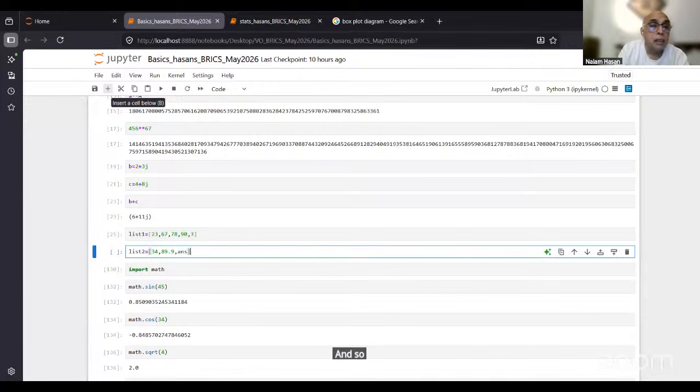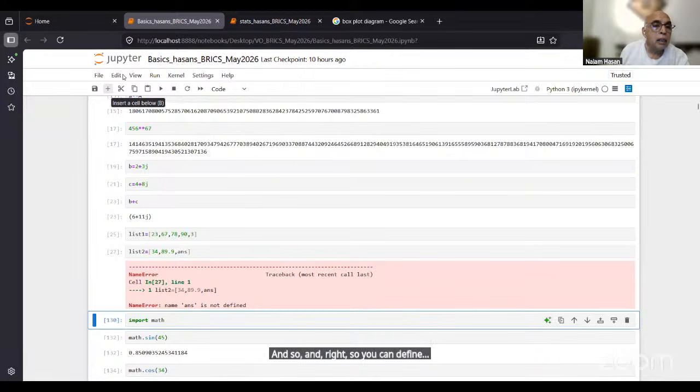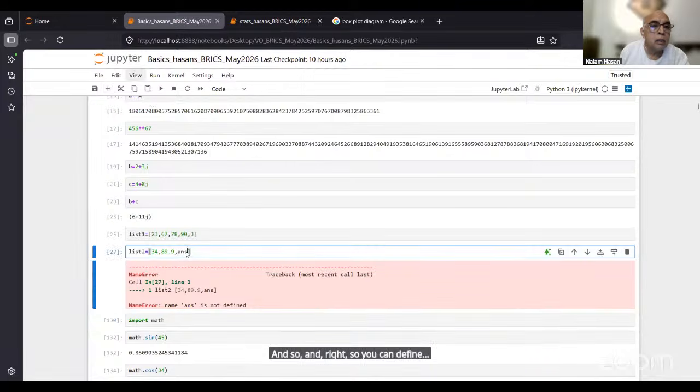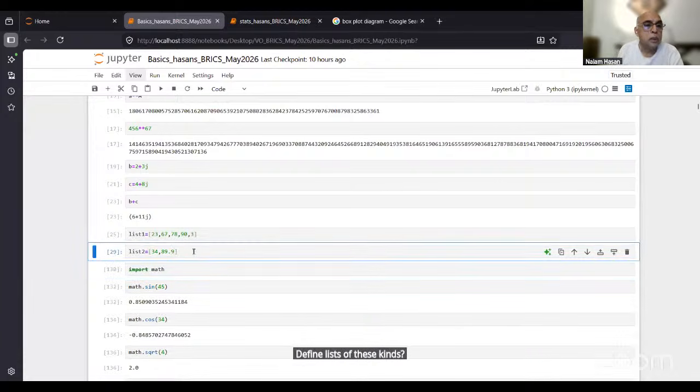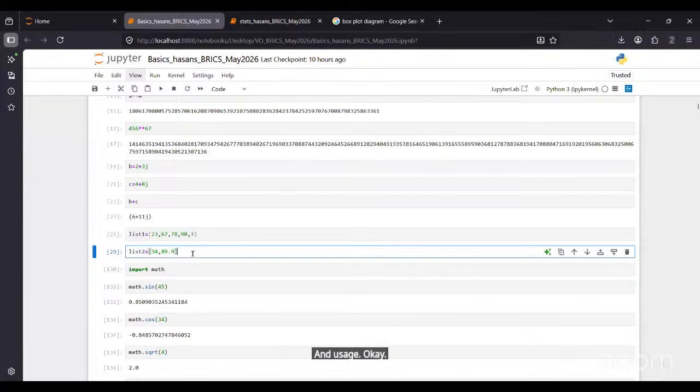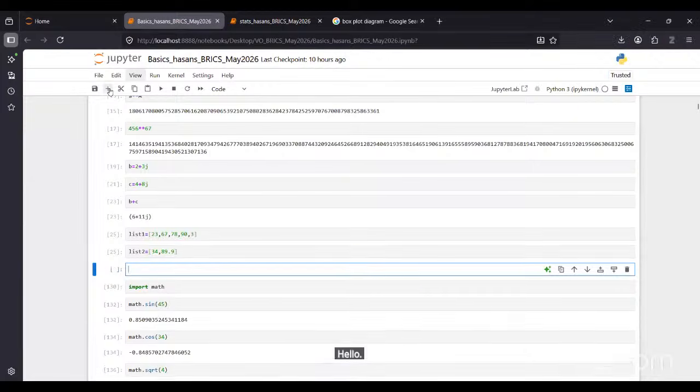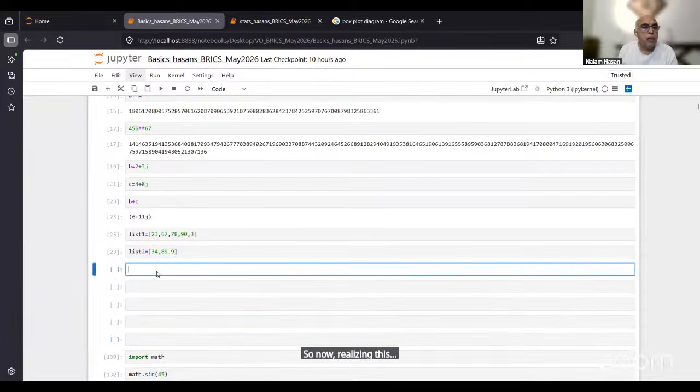So you can define lists of these kinds and use it. Okay, now realizing this, we could probably try to do, say, sine of a certain number, 78, and we would expect